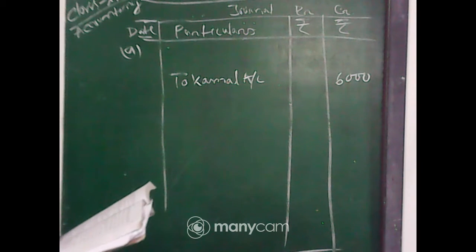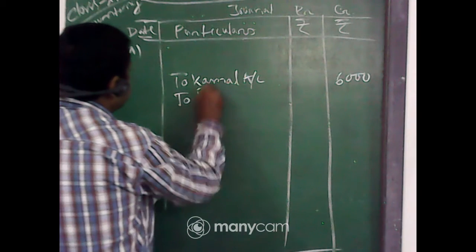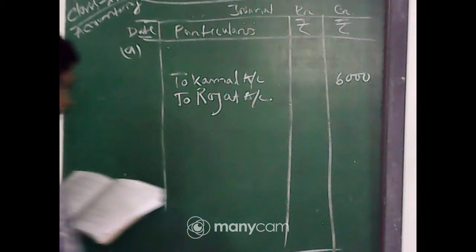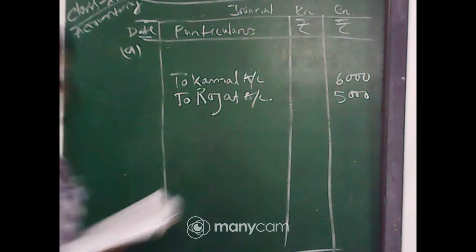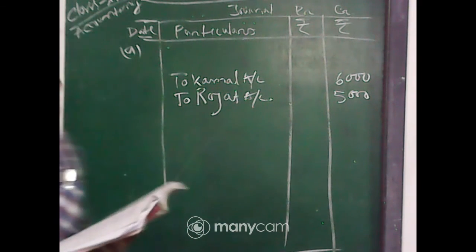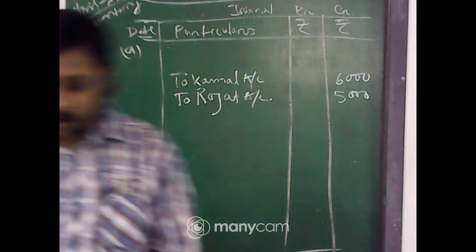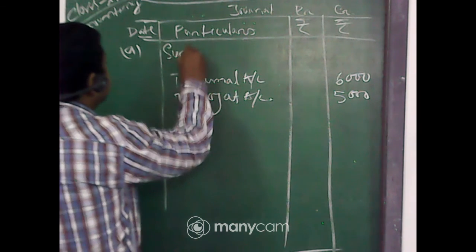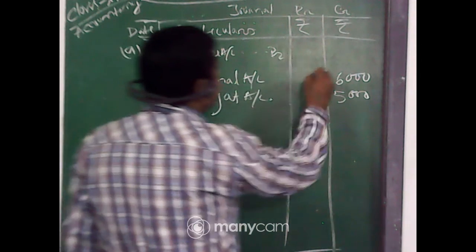Now what other things did they do wrongly? Cash received from Rajat rupees 5,000. They didn't credit Rajat. Then again you have to credit Rajat in the right entry. Rajat account should be credited, so that is also 5,000. Now the debit side, cash received, is rightly posted. So what would the debit account be? I have said in your earlier class, whenever you are not finding the debit account, you always post it as a suspense account. Now suspense account will be debited, that is 11,000.